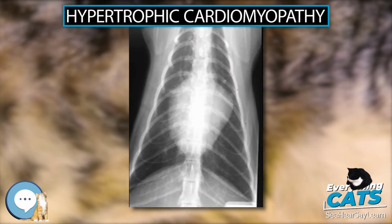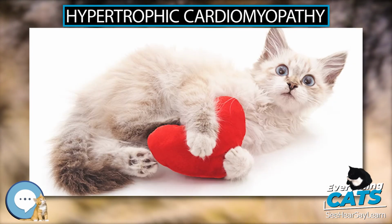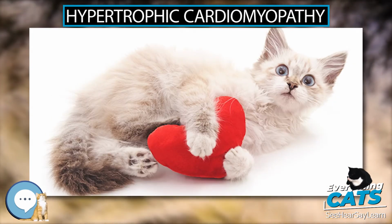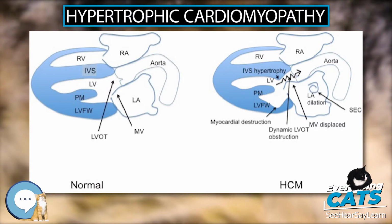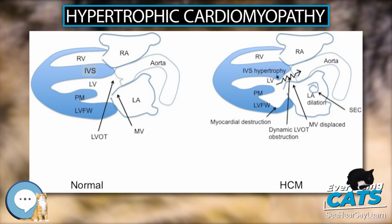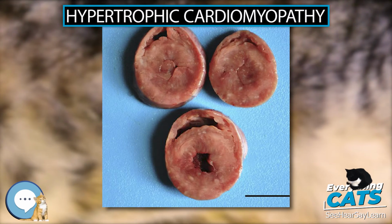Screening. Although HCM may be asymptomatic, affected individuals may present with symptoms ranging from mild to critical heart failure and sudden cardiac death at any point from early childhood to seniority. HCM is the leading cause of sudden cardiac death in young athletes in the United States, and the most common genetic cardiovascular disorder. One study found that the incidence of sudden cardiac death in young competitive athletes declined in the